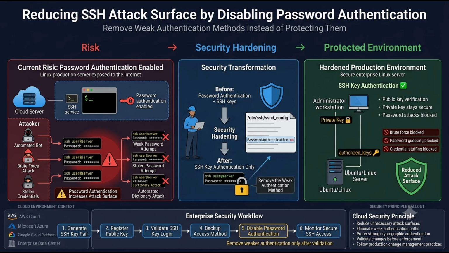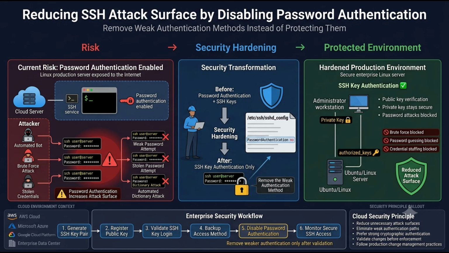Now it's time to remove the weaker authentication method from our SSH server. At the moment, our server supports two ways of authenticating users. The first is password authentication. The second is SSH key authentication. Even though SSH keys are configured, leaving password authentication enabled still allows attackers to attempt password-based attacks against our server. This means an attacker can continue trying weak passwords, stolen passwords, or automated brute force attacks until they either succeed